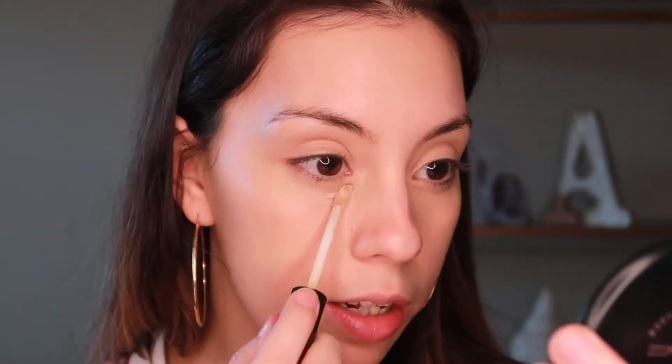Now that's the base, right? So now what I'm gonna do is I have this Becca concealer. Honestly, I've had it for so long and it's really a holy grail, but it's very pale. And that's what I use to brighten my under eyes just a little bit. I don't really go crazy with concealer. I'm not a concealer girl, except for my eye bags, but that's about it. But what I do is I just take a little bit and I go kind of on the inner